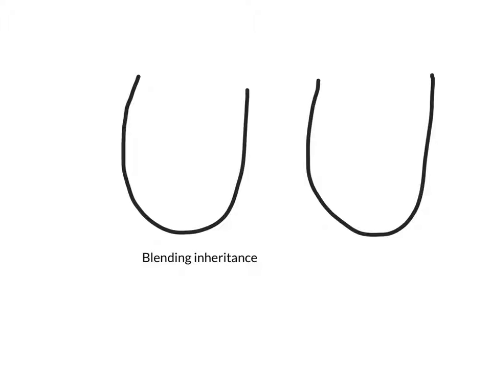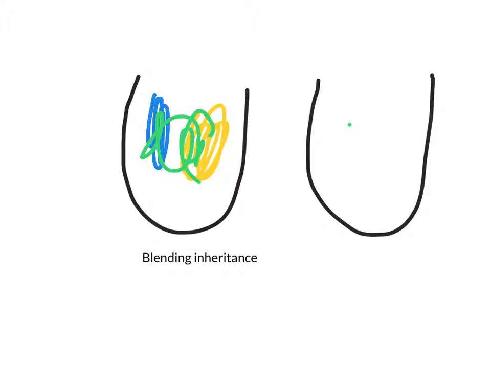Let's say we have two kinds of paint. We've got blue paint, and we pour some in here, and we have yellow paint, and we pour some in here, and they mix together,